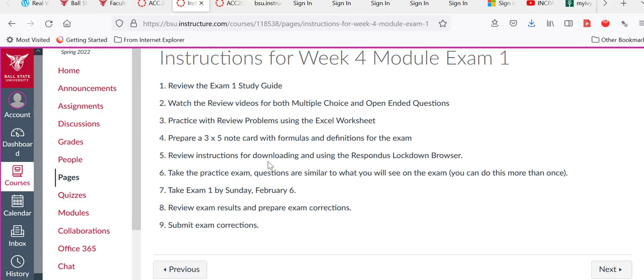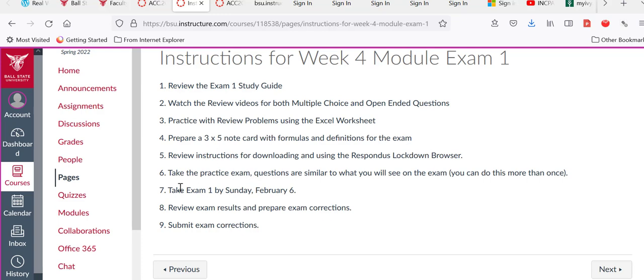Once you download it, I have a practice exam here in the module that you can take with questions that are similar to what you might see on the exam, and you can do this practice exam multiple times. So this is basically for you to become comfortable with the lockdown browser and to practice actually your knowledge and